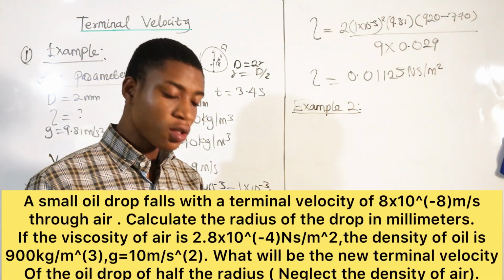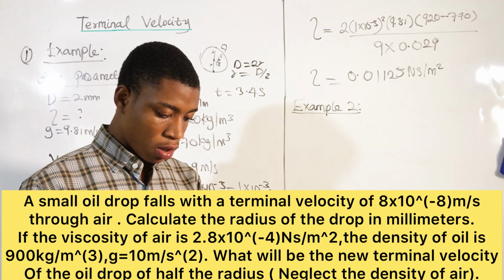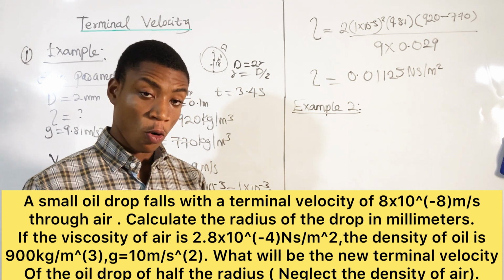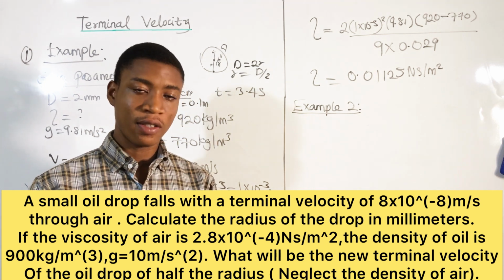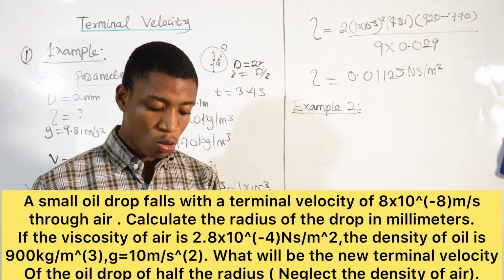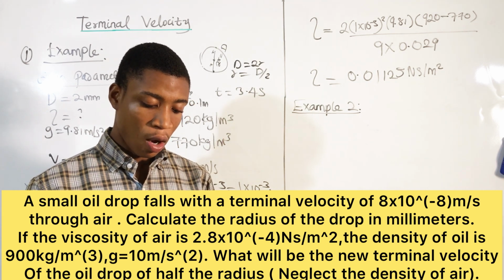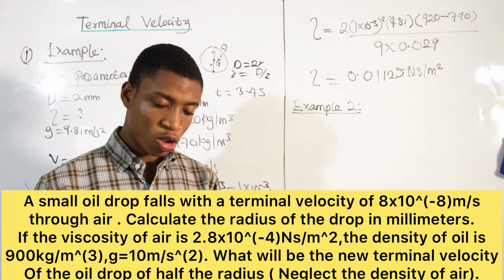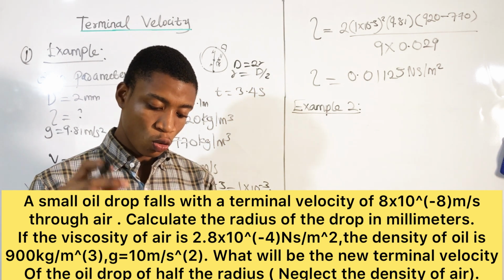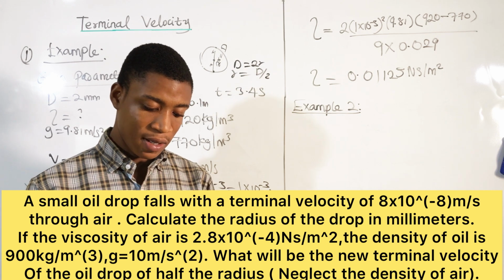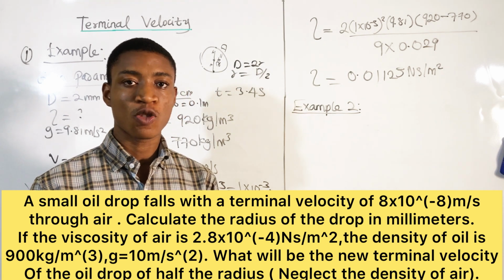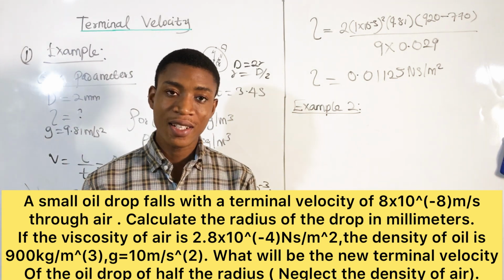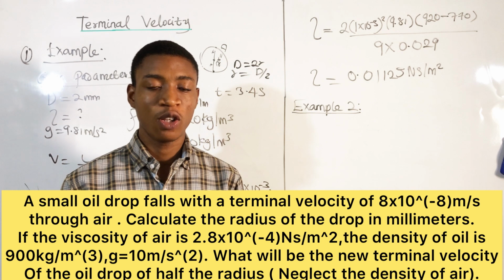Take down the second question. A small oil drop falls with a terminal velocity of 8 times 10 raised to the power negative 8 meters per second through air. Calculate the radius of the drop in millimeters if the viscosity of air is 2.8 times 10 raised to the power negative 4 Newton seconds per meter square. The density of oil is 900 kilogram per meter cube